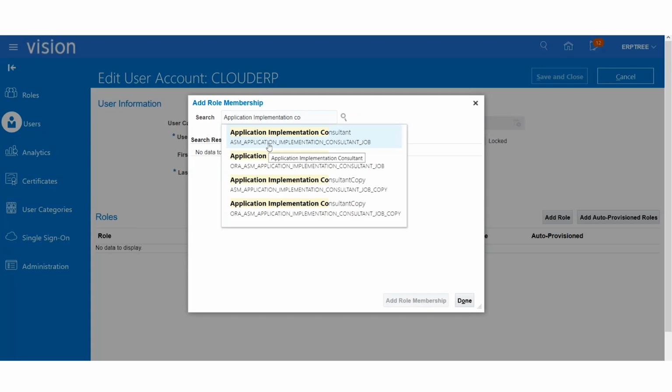If at all you want to do any modifications to any role, simply copy the role in Fusion. After copying you can play with that. The same way, these two roles somebody copied. That's the reason you can see the same name, with the suffix ending with copy. It's also copied.